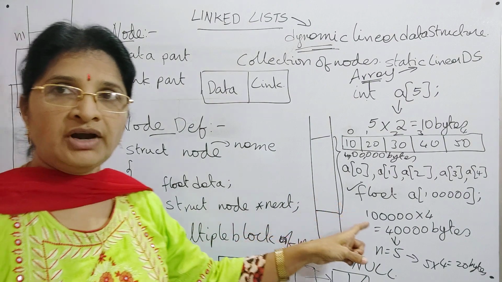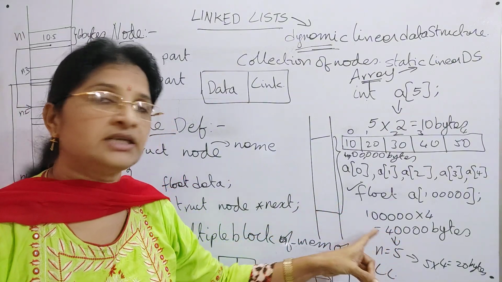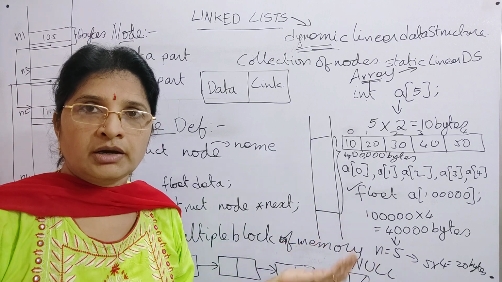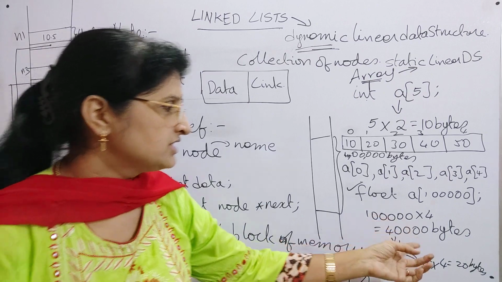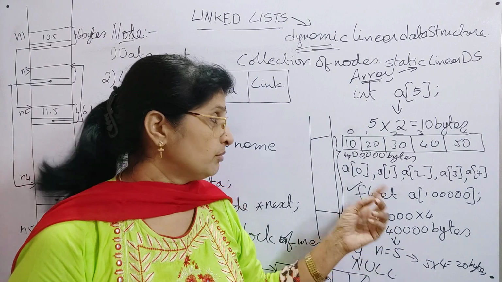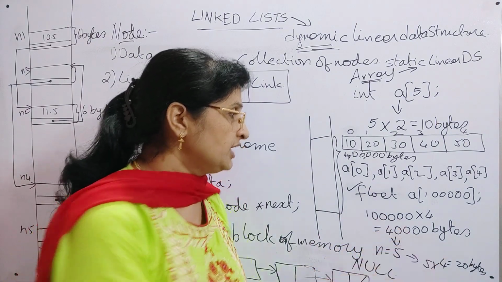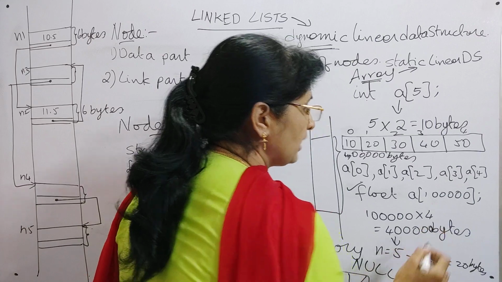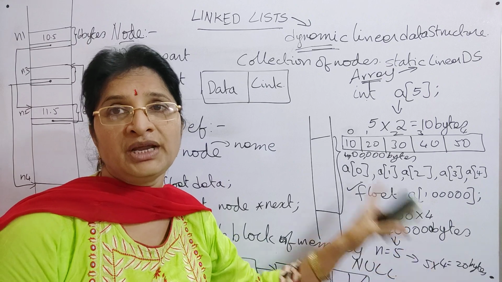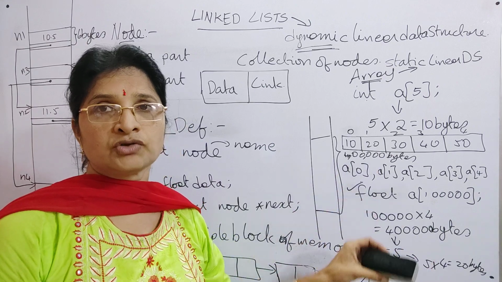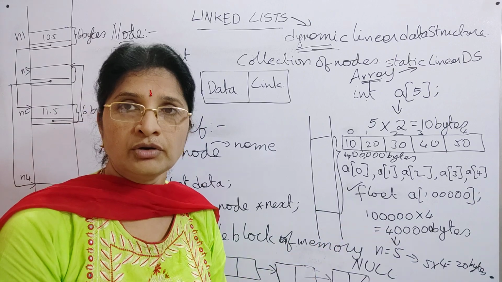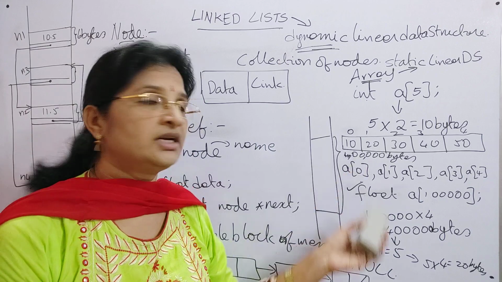One more disadvantage is, since here all the memory is allocated in advance, memory may be lost. That means we may waste some memory. For example, here you are using only 20 bytes of memory, but the memory allocated is 4 lakh bytes. So only 20 bytes is being used, and all the remaining memory is wasted. It is not used by the program for which it has been allocated, and it is not given to any other program also. That is the disadvantage of this.